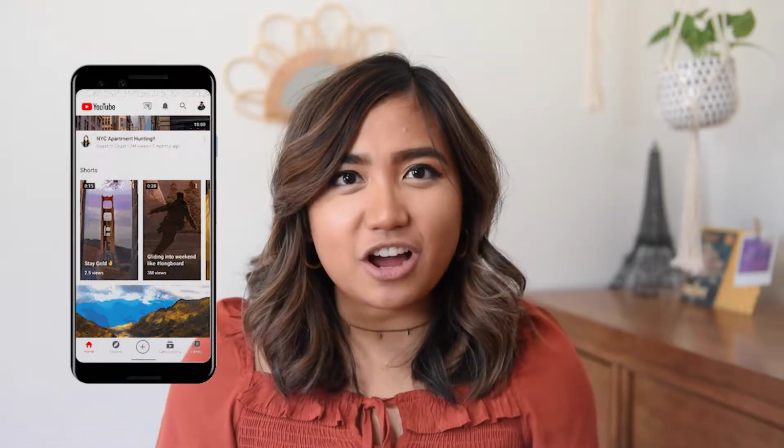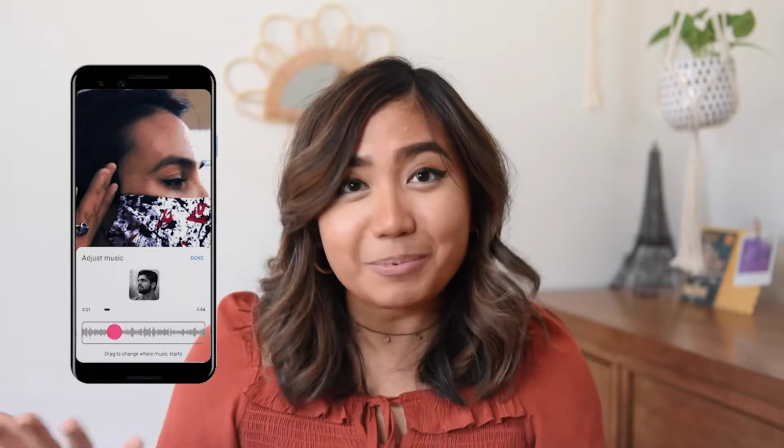Brief rundown of what shorts are. Basically, they are 60-second vertical videos, but keep them at 58 seconds to make sure nothing gets cut off by accident. This feature is actually fairly new, and only those in India have the YouTube Shorts app. It comes with a camera feature, just like TikTok or IG Reels, where there's music and text, but that camera feature is not currently available outside of India. So for us, people outside of India, you cannot upload with your mobile phone.